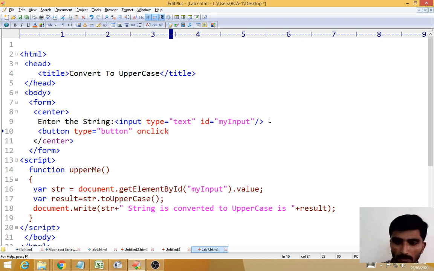I'll tell you. First I am writing return. What is the function here? This is the function, so I want to call this one, so I copy this and paste here, upperme. Then semicolon, then here you have to close this, then write the button name, convert me, then close the button.